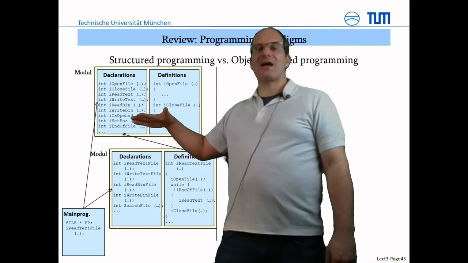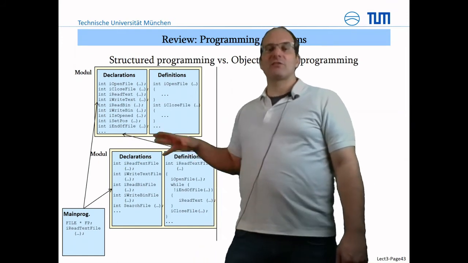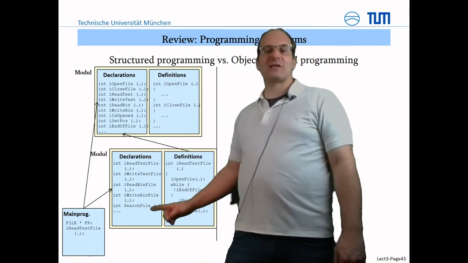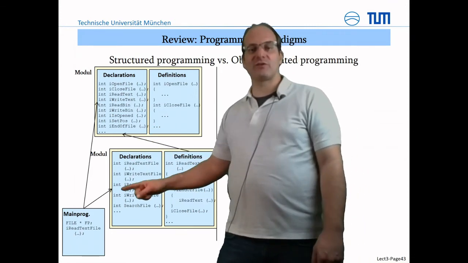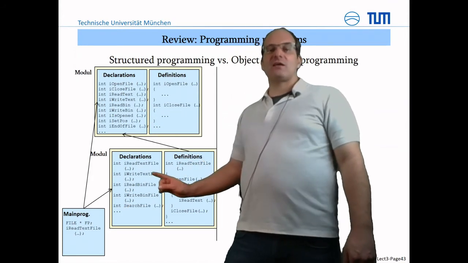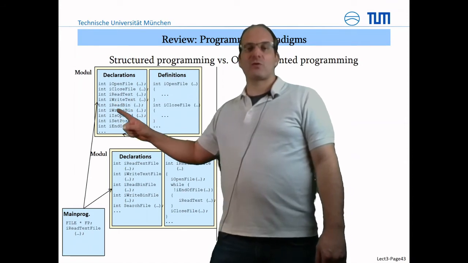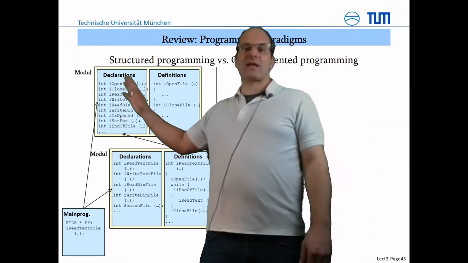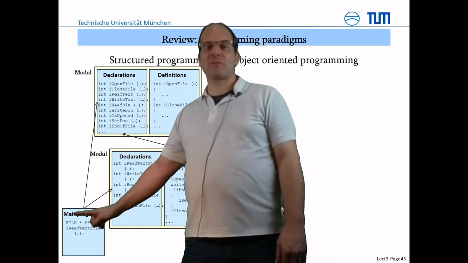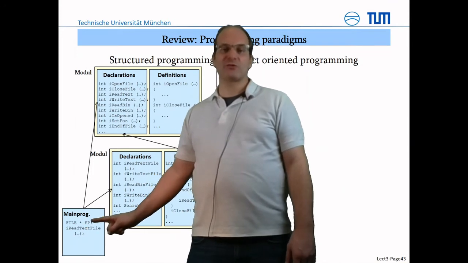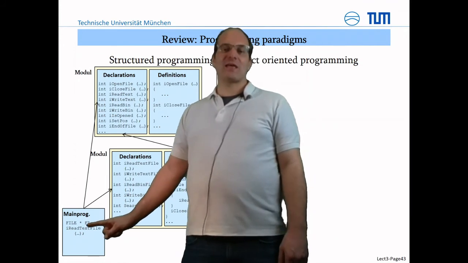And then if you have higher-level interfaces or higher-level services, you create a new module, and this new module again consists of two parts, the definition and the declaration, and it uses the lower-level things. So there is no restriction, anybody can do anything. And if you now want to open a file, for example in a main program, you have to create a pointer which points to the file. So here you have this structure of the pointers again, and then you call